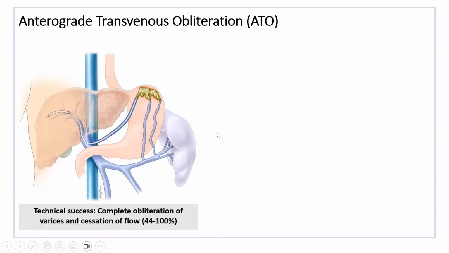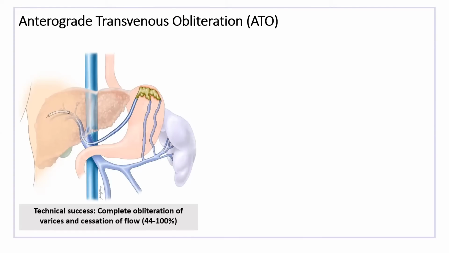Now, it can be a technically more difficult procedure, and literature shows that the complete obliteration of varices and cessation of flow is in a wide range from 44 to 100% of patients, depending, I think, on technique, expertise, follow-up. I want to warn you that these RTO and ATO recommendations are based on large case series mostly, and the level of evidence to support this,